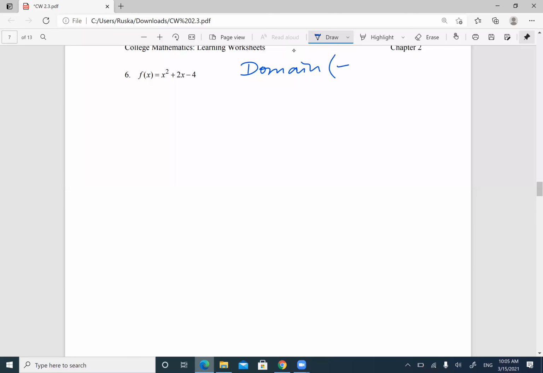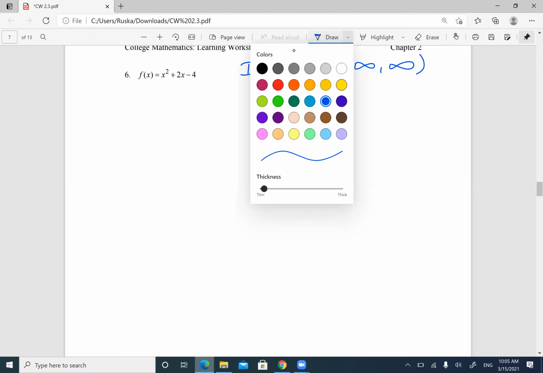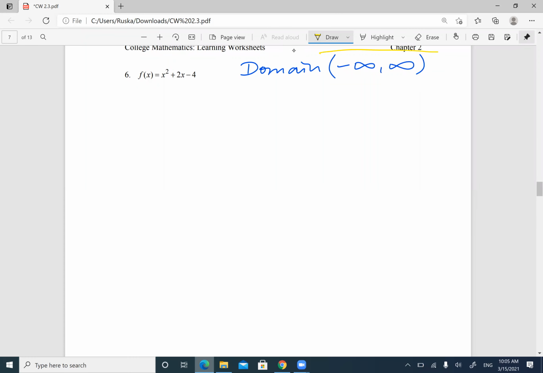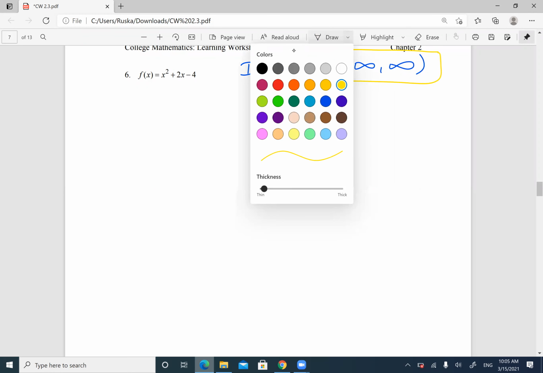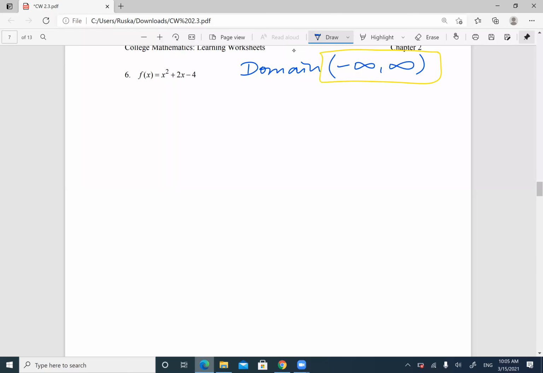So the domain is negative infinity, infinity always. If it's quadratic, that's your domain. Okay, you don't do anything, just write domain, negative infinity, infinity. Okay, then you're going to start finding the vertex. So finding the vertex is the part which is a little different for the standard form equation. So finding the vertex,